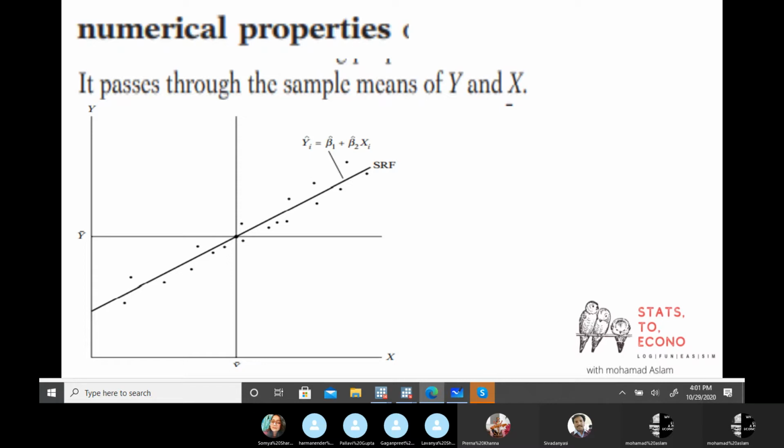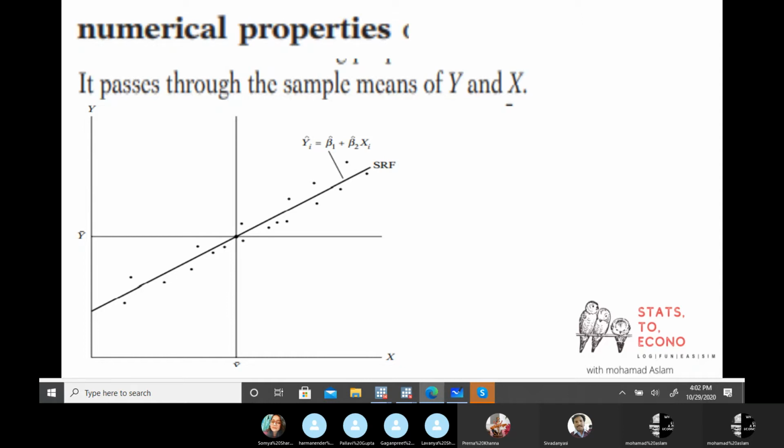Before hypothesis testing, there are a few properties proved for these parameters with the OLS method that we have to understand. But those properties are only proved if the assumptions are fulfilled. So tomorrow, first I will take the assumptions, then those properties. They are very crucial properties. Otherwise, you can't just use these sample estimates, because you can't say on the basis of this sample calculation that it can be used for the population. Some properties are required.